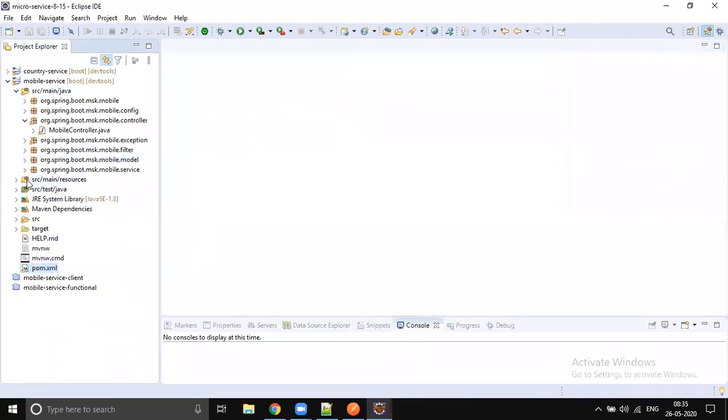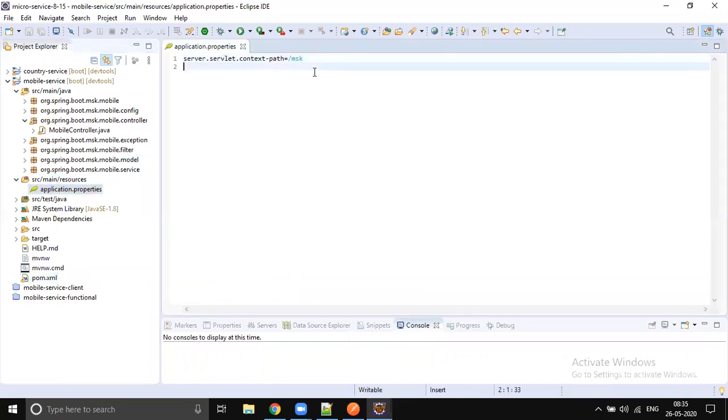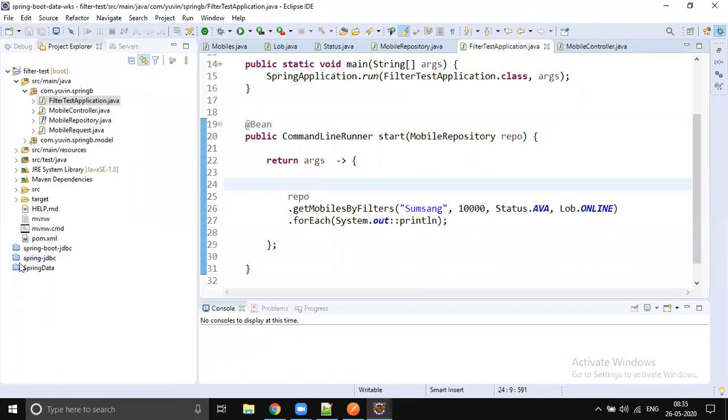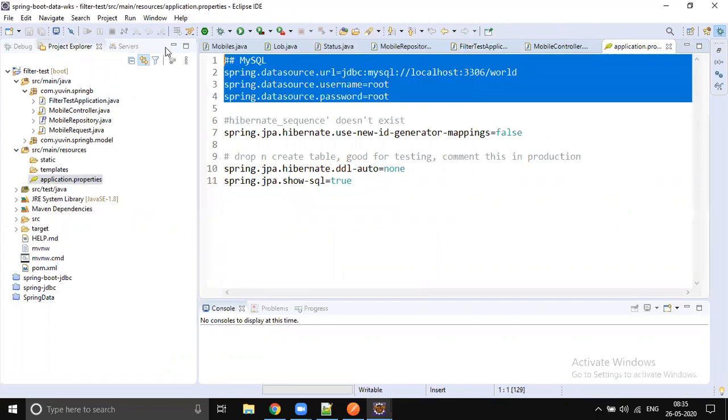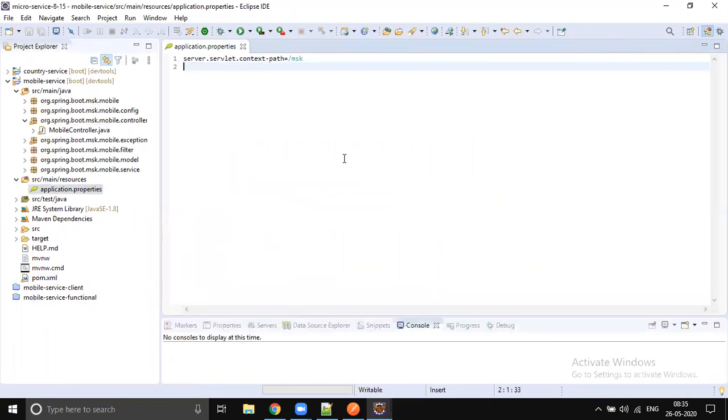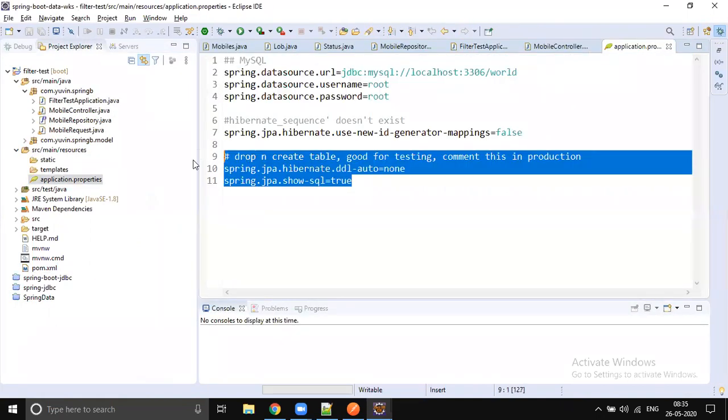Where it is running, what is the username, what is the password, so that we can give it in the application.properties file. So let's go to our last example, and we can copy paste those details, right? We can just simply copy paste those details. So the data source details we need to give. Okay, and some Hibernate properties, right?